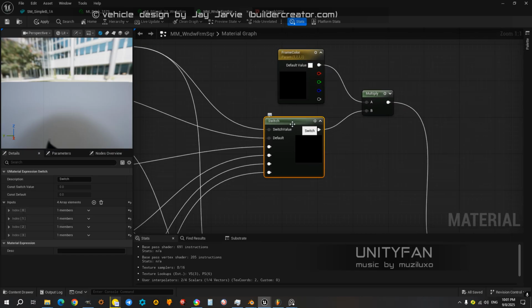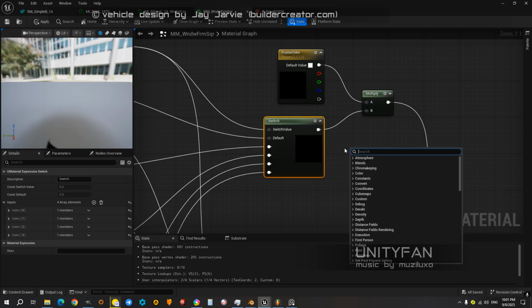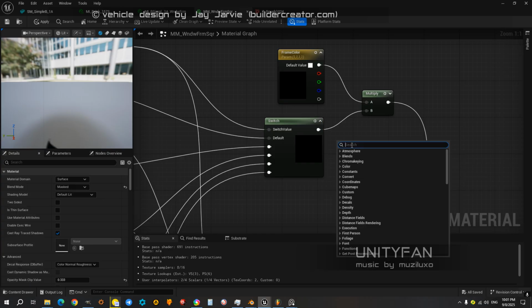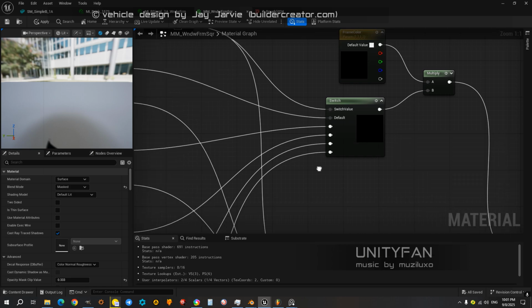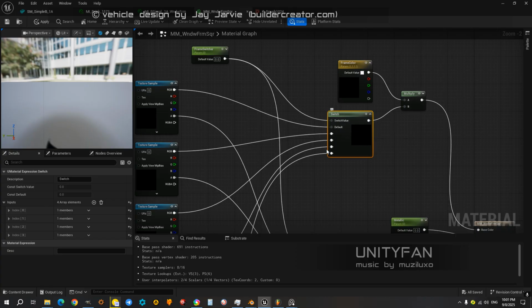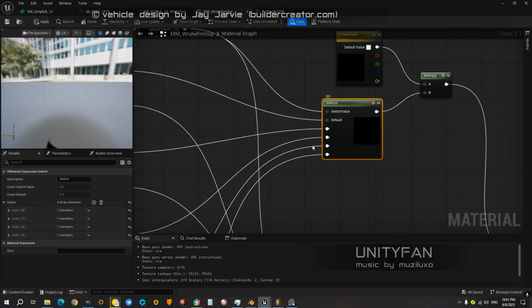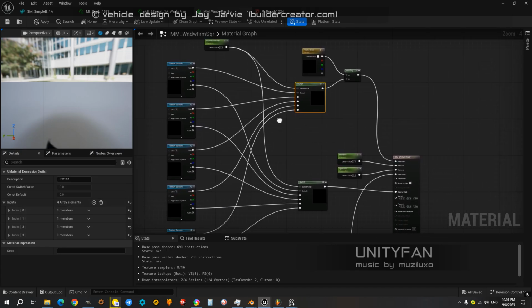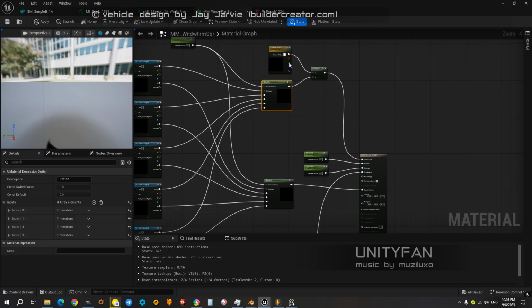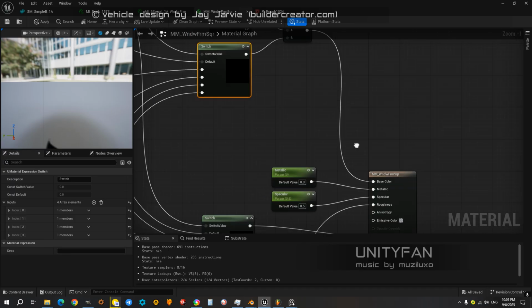is through the switch, whatever it is, function or how they call it. You just add it by right click and finding it right here. And when switch by default, it just has one input, and you add them here by clicking on the little plus symbol, and here it's all connected to base color.